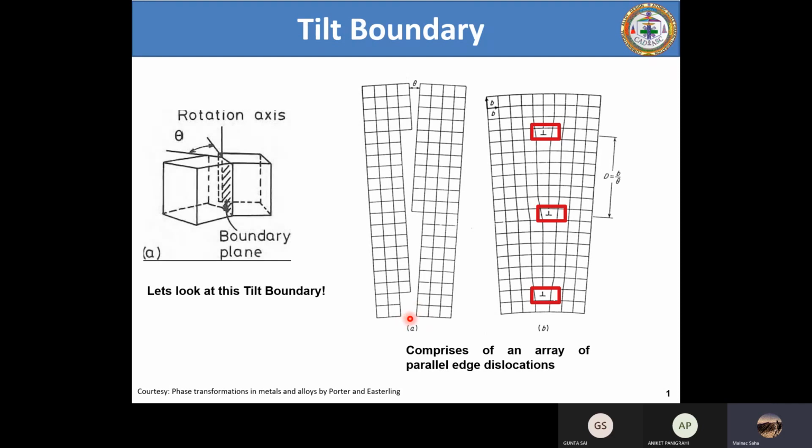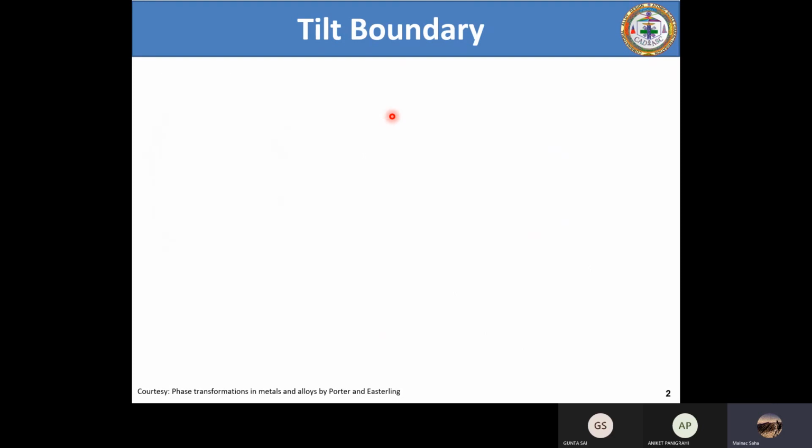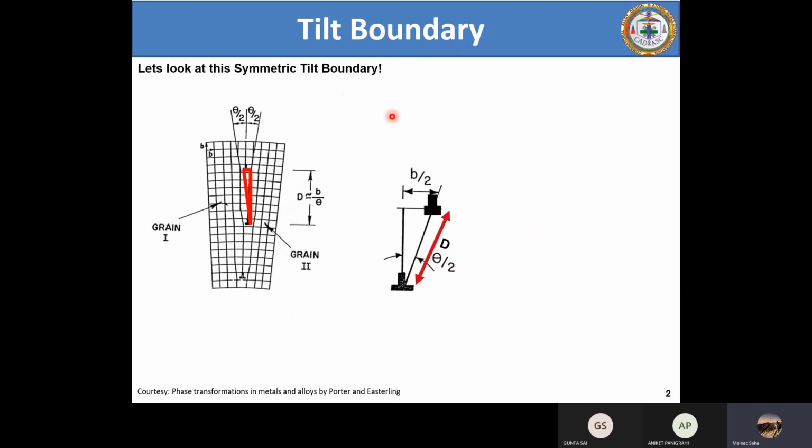In that case, if that is the rotation axis, then the perpendicular to that line is the line which is going to separate these two misoriented grains by an equal extent, theta by 2, theta by 2. So that is called theta. That is known as the symmetric tilt boundary. That is called symmetric. There's a symmetry, but it need not be symmetric as well. I will explain it in a later slide. Okay, let's look at the symmetric tilt boundary. Same thing.